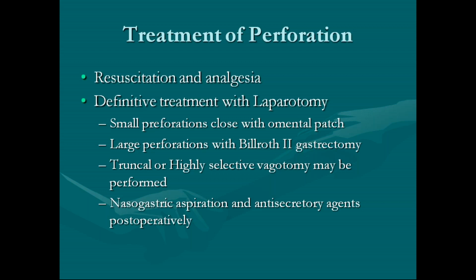So exploratory laparotomy, identify the site. Immediately after you open the abdomen, you can see the color of the peritoneal fluid. By looking at the peritoneal fluid, you can say whether this is a perforation in the duodenum, the small bowel, or the large bowel. Usually the duodenal perforation will be in the first part of the duodenum. Isolate the perforation and do a primary repair. You take the sutures transversely away from the defect and close it with the help of an omental patch.